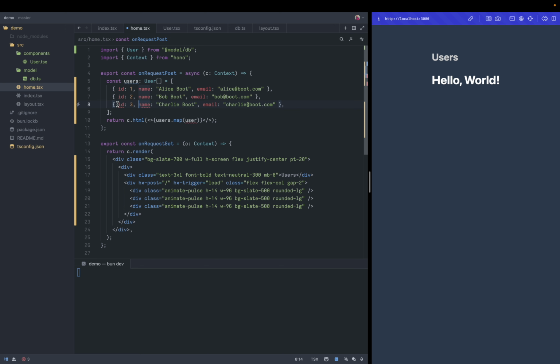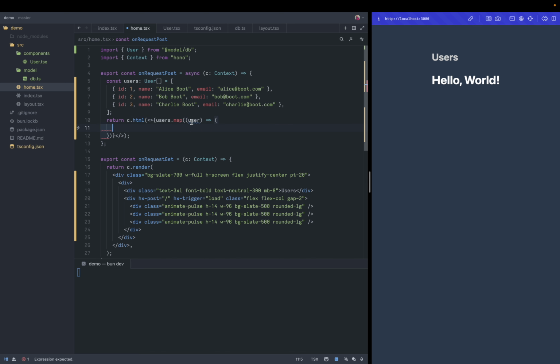Okay, great. We're going to map through our users. It should know what the type is here, and then we're going to render out. Actually, probably don't even need those braces, but let's